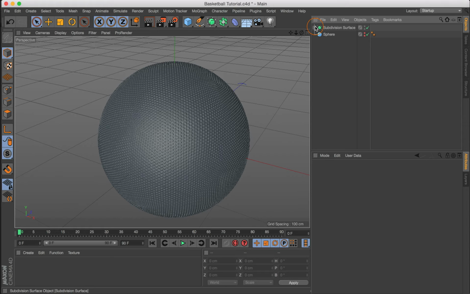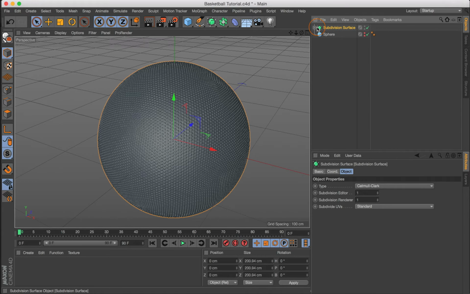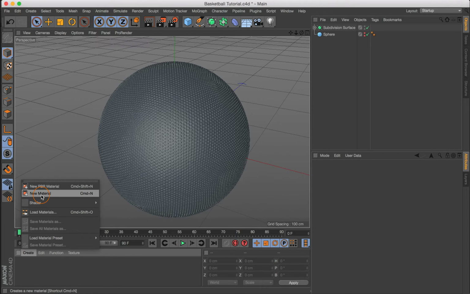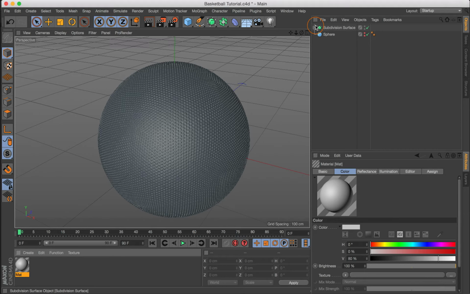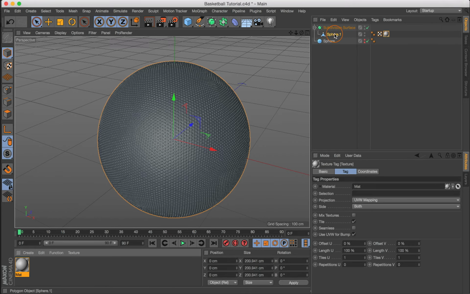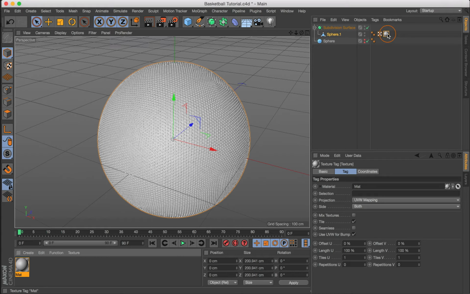All right, so now we're back in Cinema 4D. And without wasting any time, let's come down to Create, New Material, and come back over here to our Objects Manager, and reveal the editable sphere that we have. I'm going to click and drag and drop this new material on top of this editable sphere. So now I'm going to double click,